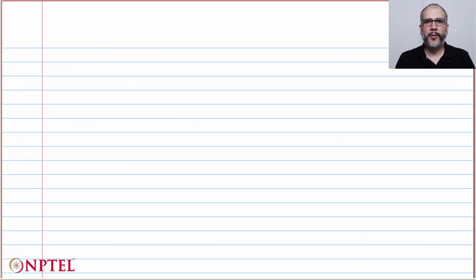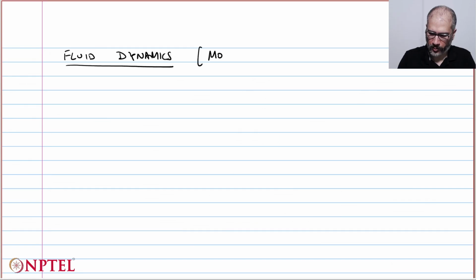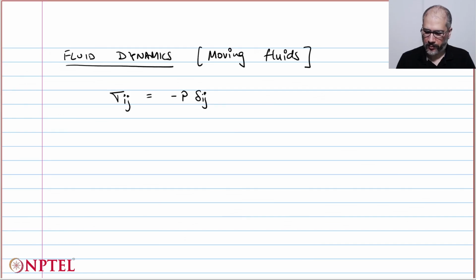So let's move on to fluid dynamics now. That is, we're talking about moving fluids. So for a static fluid, we showed that sigma is minus P times delta ij. I'm not adding a P naught here because this pressure will be modified, because now we'll add terms for fluid dynamics. So this isotropic part in sigma basically tells us that there is no shear stress on any plane in